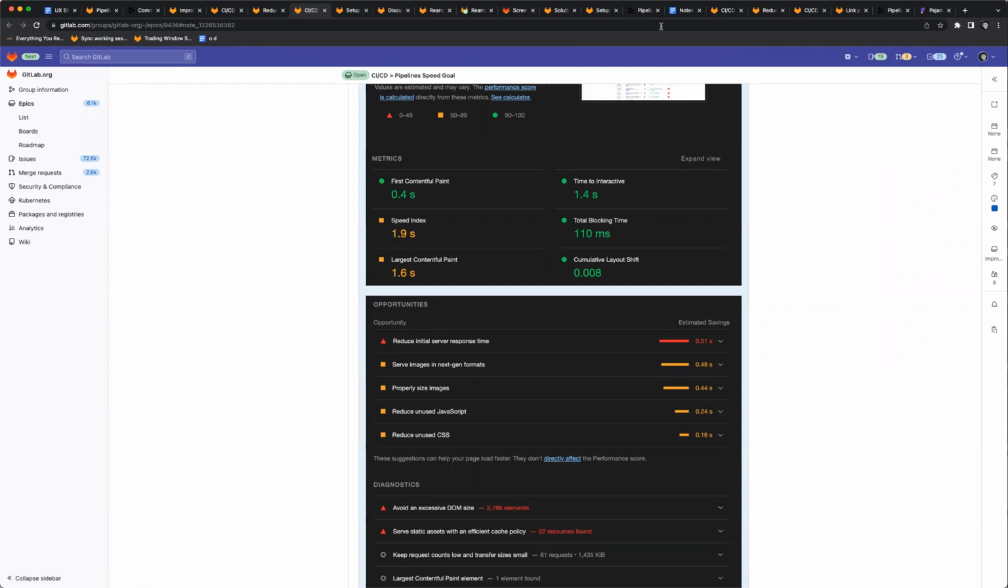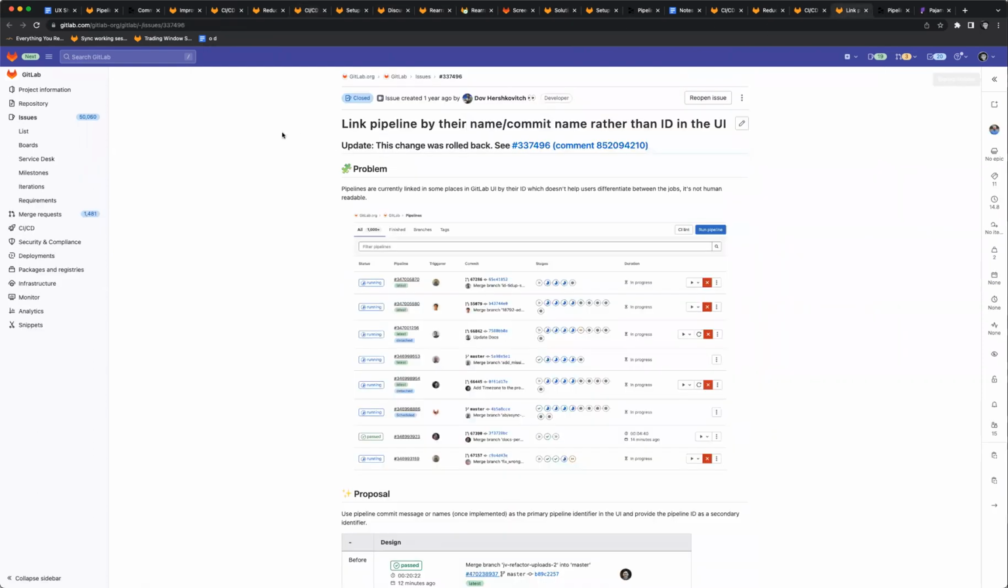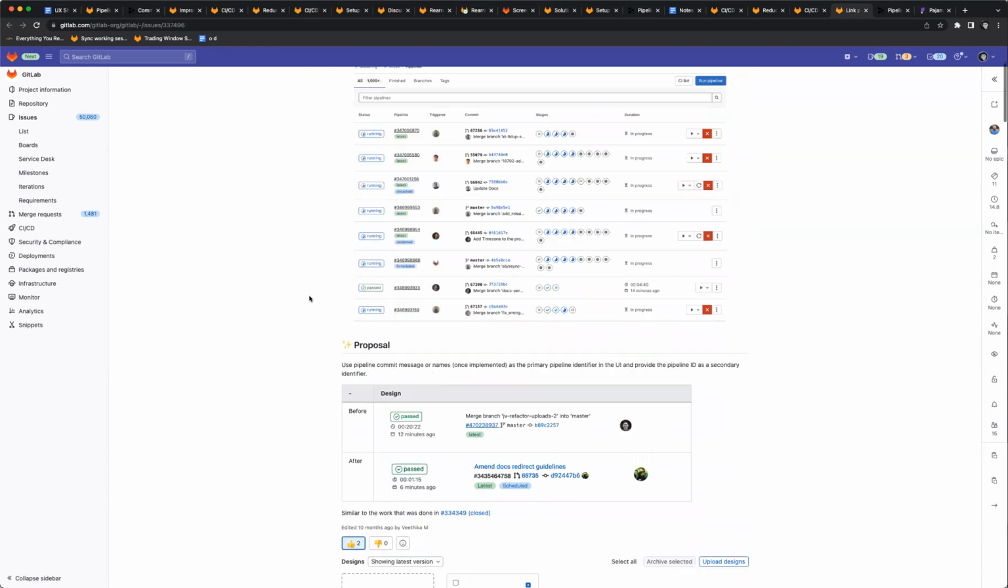Now, talking about the failure stories, what happened was there was this issue, which is again an isolated one related to the pipeline list view page. For linking pipelines by the name's commit rather than ID in the UI. And it was,